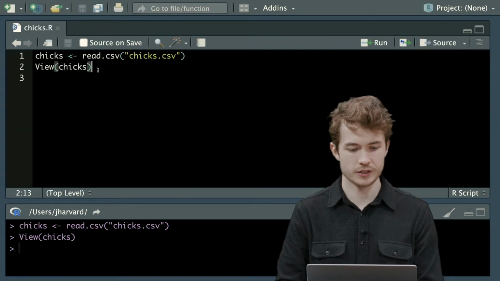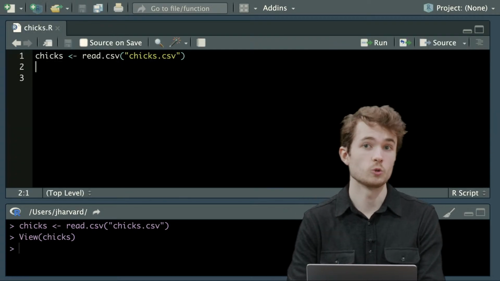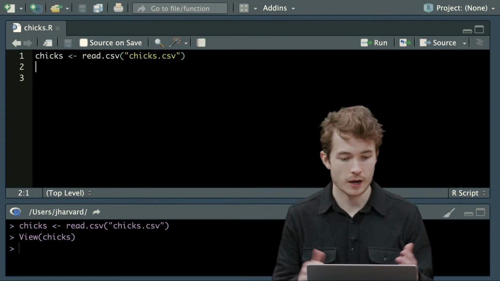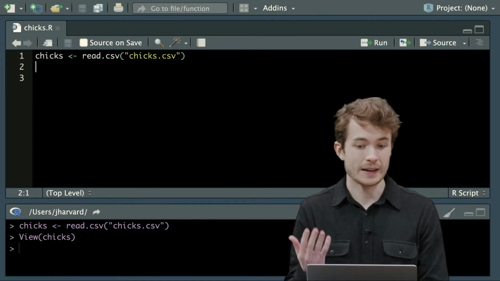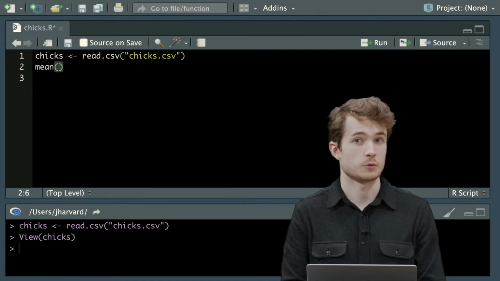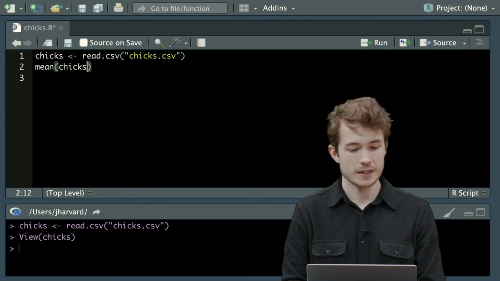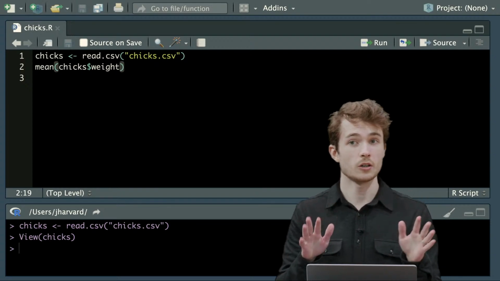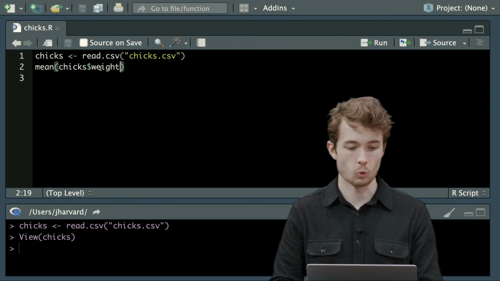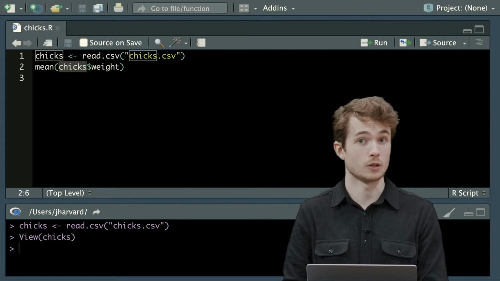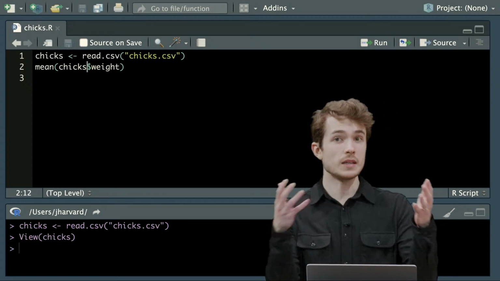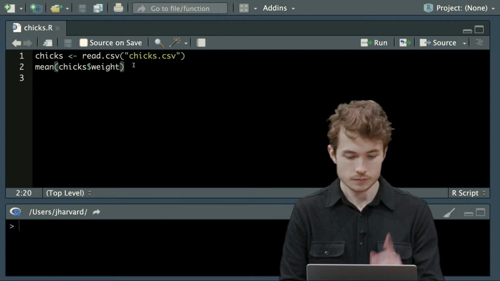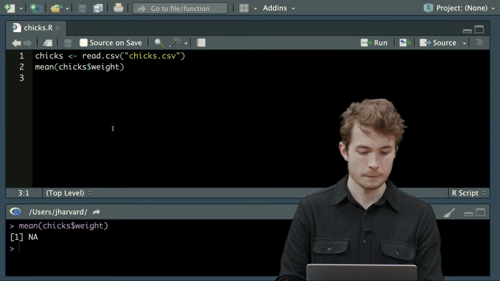Now I'll go back to my chicks.r file, and one thing I could do just off the bat is figure out how much the chicks weigh on average across all different kinds of feed. If I wanted to find that out, I could use the mean function, as we saw just a little bit ago, and then give it as input the vector representing the weight column in chicks. And so here, all I'm doing again is accessing the weight column of chicks, which, as we learned last time, is a vector. Mean will take that vector and hopefully produce for me the average weight of these chicks. I'll run line 2, and I'll see